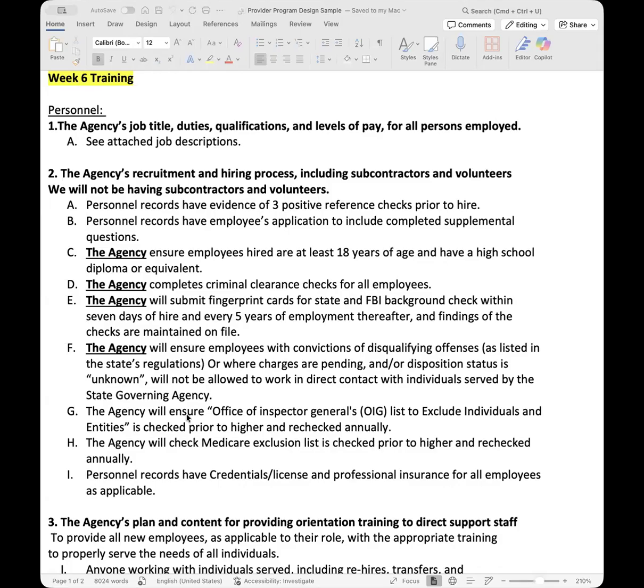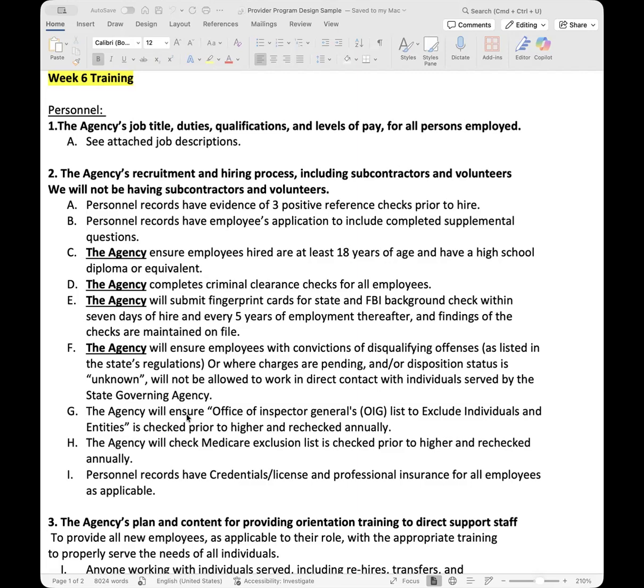So first and foremost, every agency needs to have a job description for every job that you have listed. We will go more into looking at job descriptions when we get into policy and procedures. I will provide you sample job descriptions. We'll need to start narrowing down what your starting job titles are going to be, based upon how many people you have as your partners and how many people you want to hire right from the beginning. But my advice always in the beginning is keep your staff very minimum. Keep it at the bare minimum.